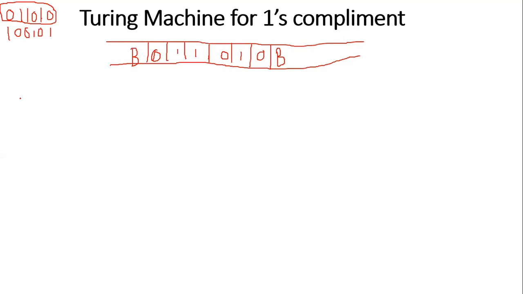So let us take the input tape, and this is the input tape, and it is a very simple approach. Start with the first symbol. You have to change 0 to 1, 1 to 0, 1 to 0, 0 to 1, 1 to 0, 0 to 1. You have to keep doing this until you finish the string, until you reach the blank space B. But it is a good practice to come back and stop in the position where your output actually starts. So this is the output.